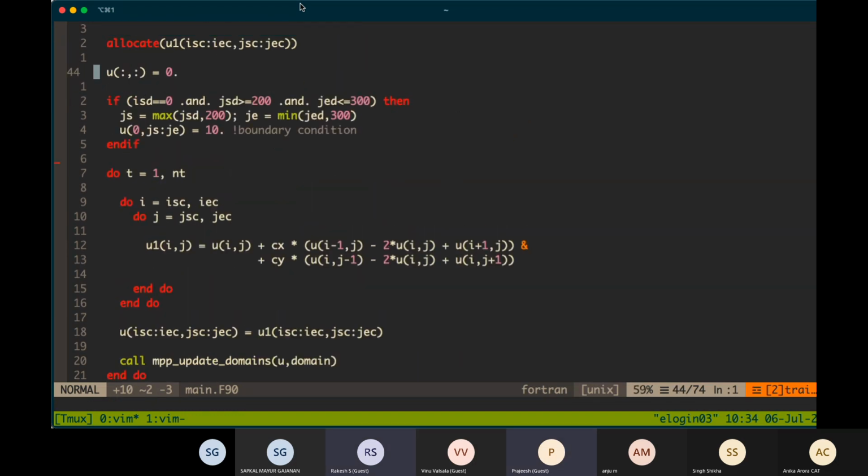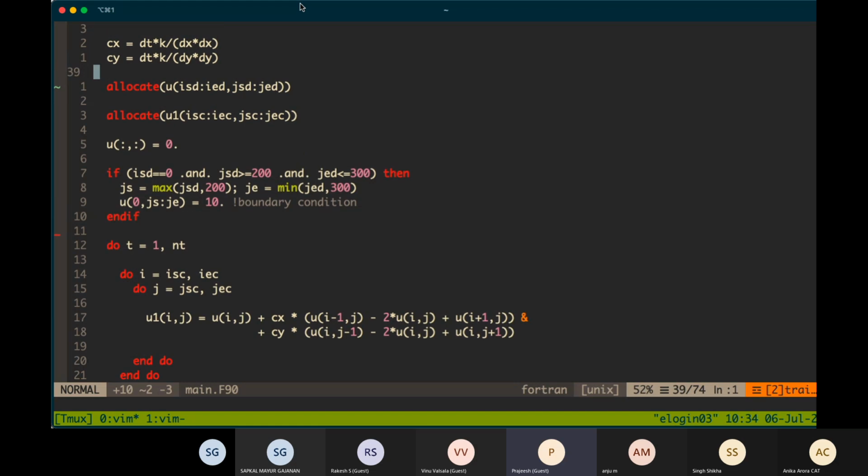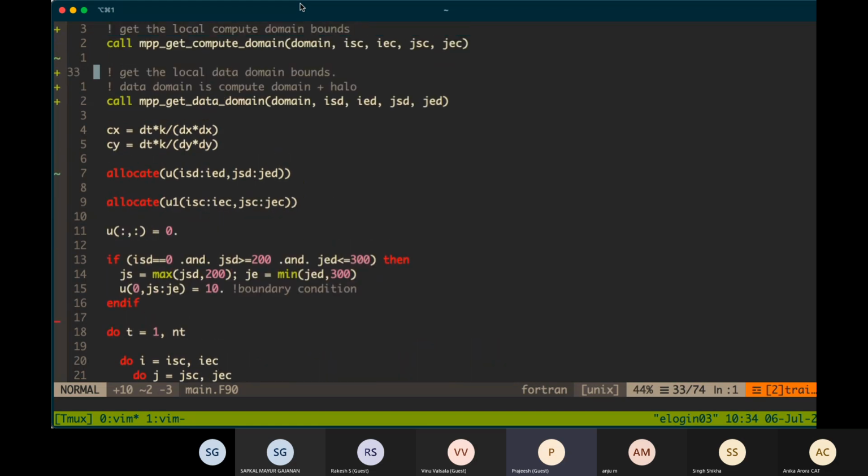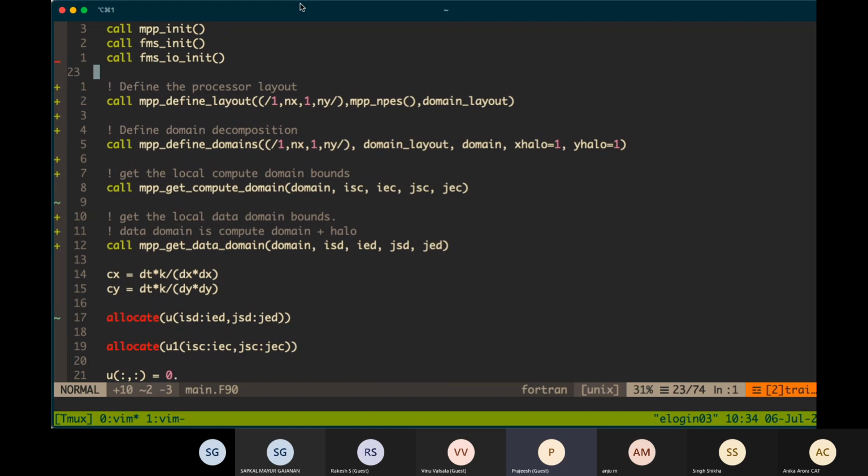Okay, in today's session we'll be covering mainly two things. The first is how to use the FMS diag manager to get outputs, and how to use the data override routine for reading data and overriding the fields which are already there in the model.